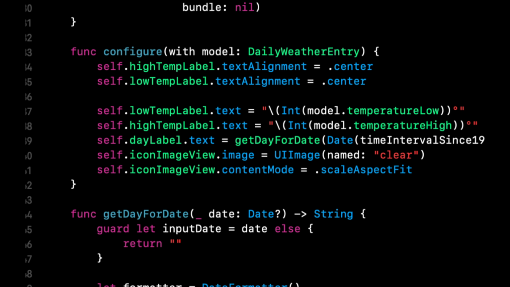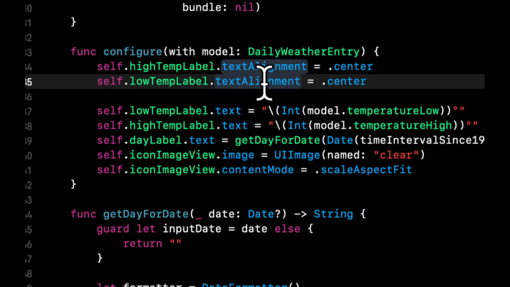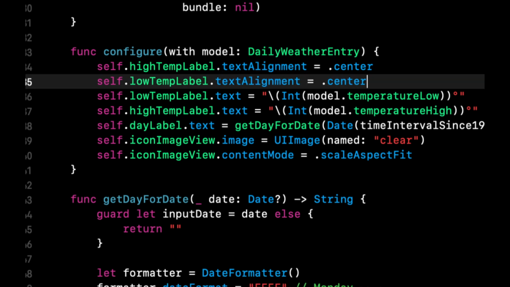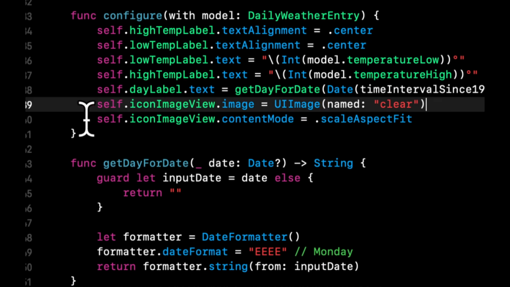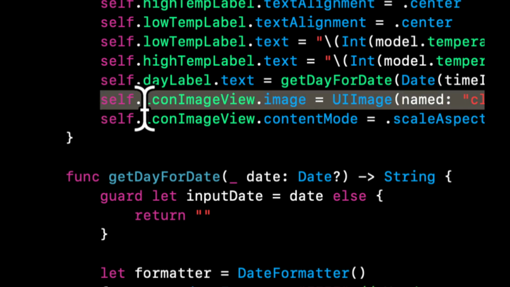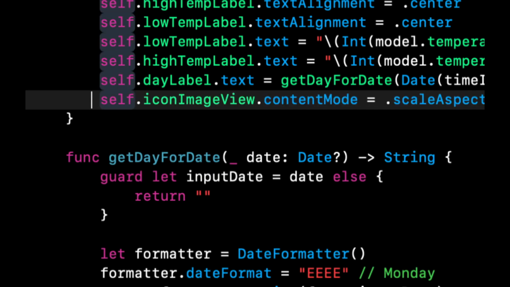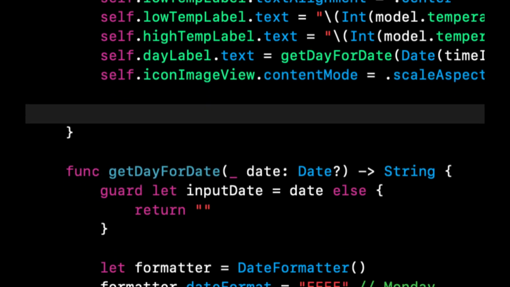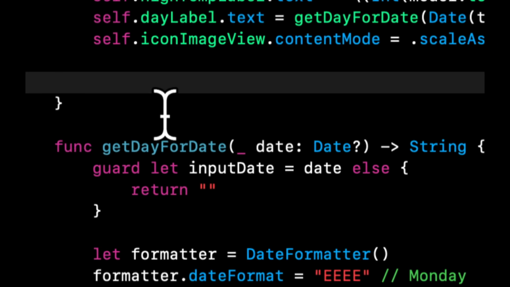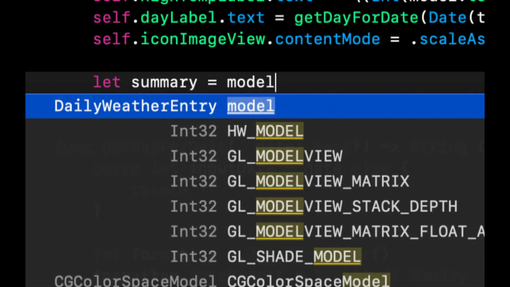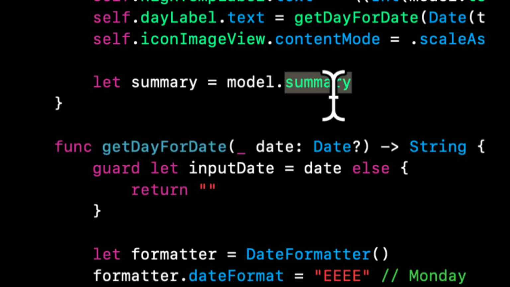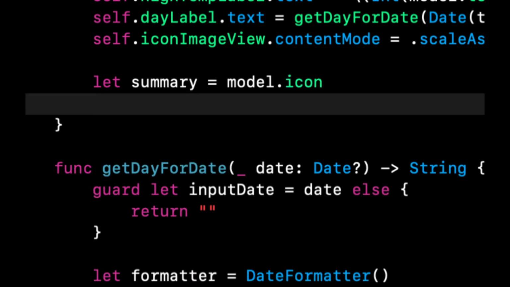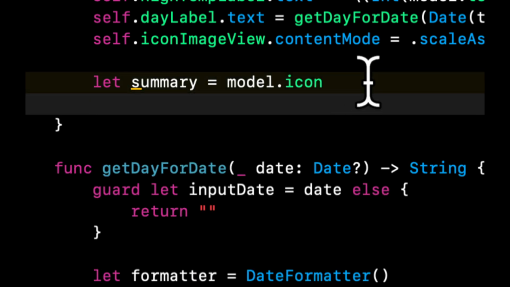And let's see. We also want to compute the icon. So right now we're just using clear. The way we're going to do this is by using the summary of that date. So there's a summary property on the model that we're passing in. So we could actually use this, but actually let's use the icon. So there's an icon property on here, and what we're going to say